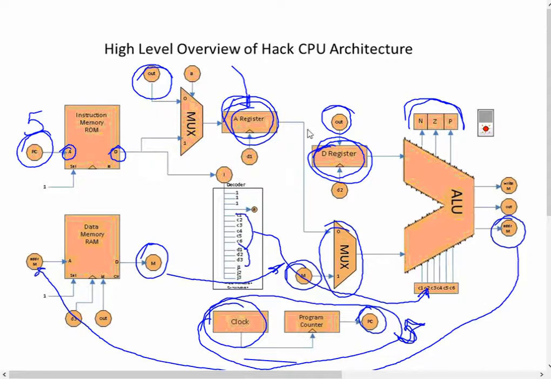And by the way, every time I have one of these little bubbles here, essentially what we're referring to is that this is some signal that's coming in. And I just use the bubbles to connect them together because, quite frankly, there'd be so many lines going around here trying to define the different flows that it would be almost impossible to read. I urge you to kind of study this picture because it'll give you a good sense of how the information is flowing through the computer architecture between the RAM pieces, between the memory or the ROM pieces that we have here, the registers, the control elements here, which is the clock, the program counter, the decoder capabilities,